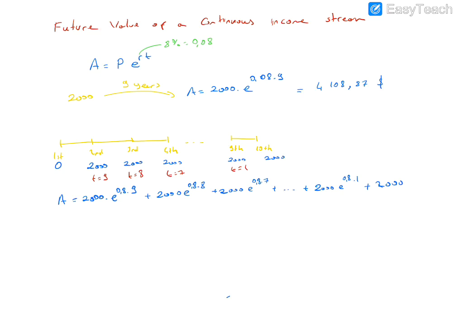So this summation will be our future value. We make an investment, we invest our 2000 for each year. So this equals approximately